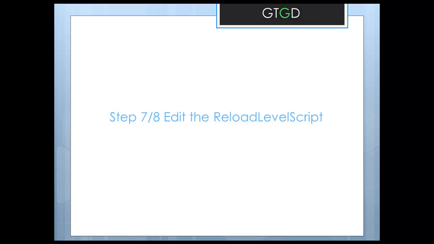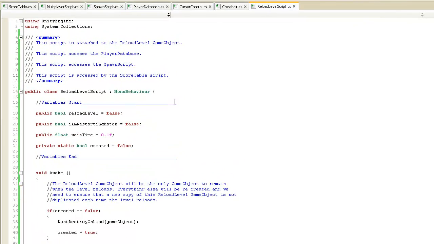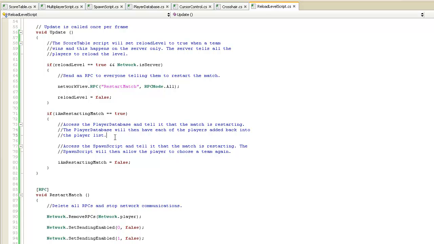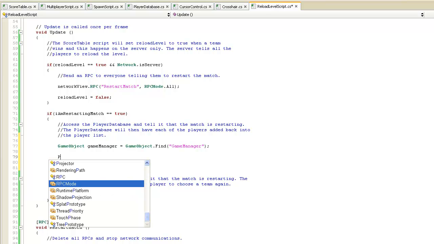We're on to step 7 now, which is to edit the reload level script and finish it off. I'm in the reload level script, and we just need to complete it now. So we had down here these two comments, and they're lacking the code. So we'll now add that code. So for the bit where we access the player database, we will write GameObject gameManager is equal to GameObject.Find, and that is GameManager, and PlayerDatabase